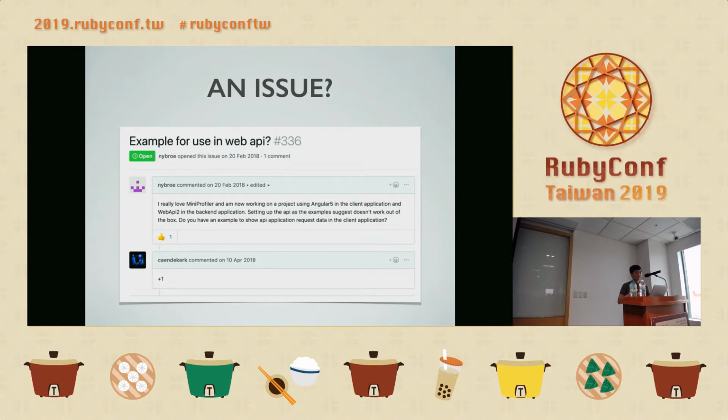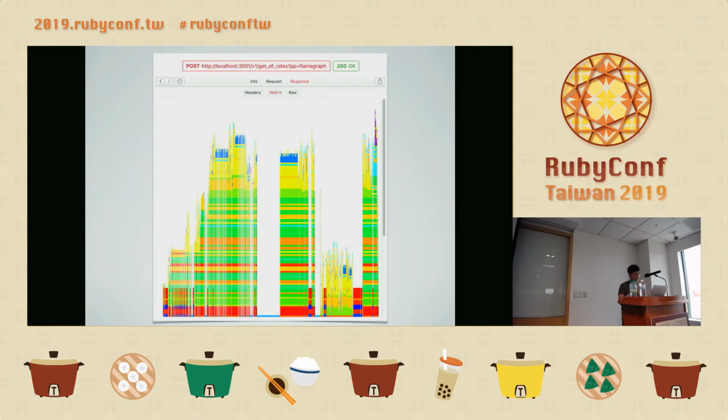There is even an issue left open and no one seems to answer on how to actually perform a full observation on authenticated APIs, since we can easily just display them in a web browser like a web page. Actually, rack-mini-profiler already provides params like flame graphs or memory profile for you to observe in your API endpoints. If you know which modern tools you are working with, you can even use it in your personal API tools like Paw or Postman. And this is the example from the Paw API tool.